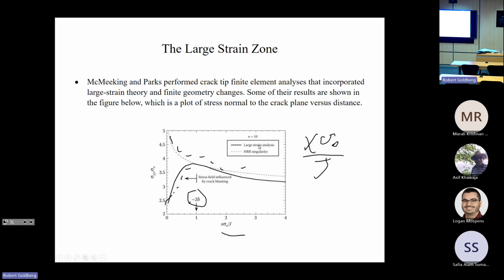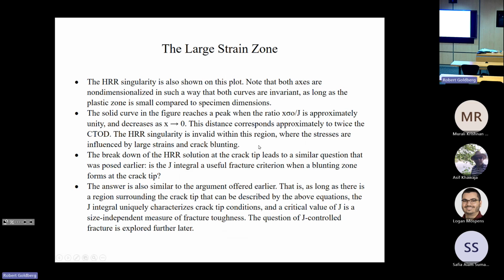So the upshot is that if you get larger strains, when you get within twice the crack tip opening displacement, all that analysis we talked about before with the HRR singularity is not necessarily valid. So it's a caution to give, because the stresses are more influenced by the large strains and the crack blunting. So the question comes up, is the J integral a useful fracture criterion when a blunting zone forms at